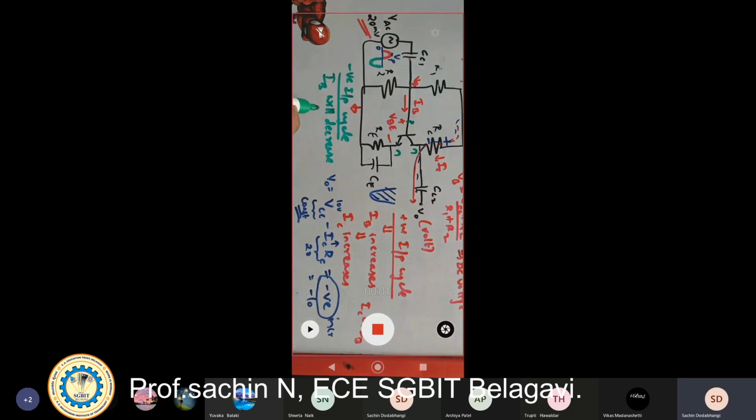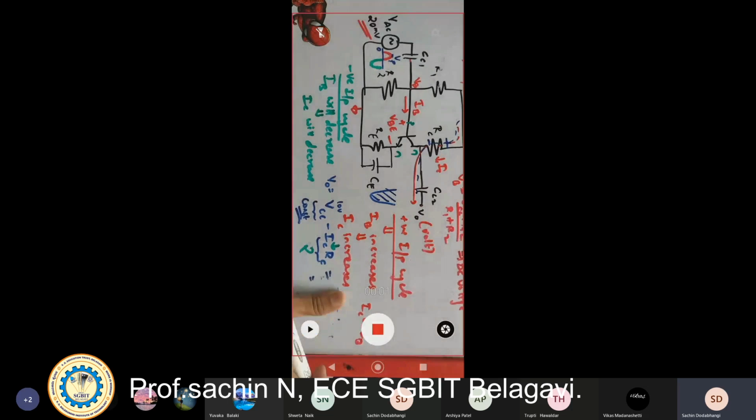So when IB decreases, similarly IC will decrease. When IC decreases, look at this equation: VCC remains constant. If IC is decreasing, say by 2, but it is less than VCC, then 10 minus 2 will be 8 volt, which is positive.